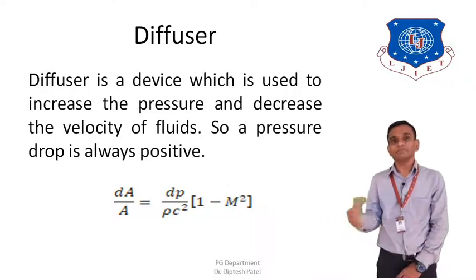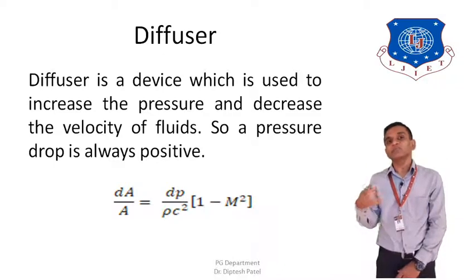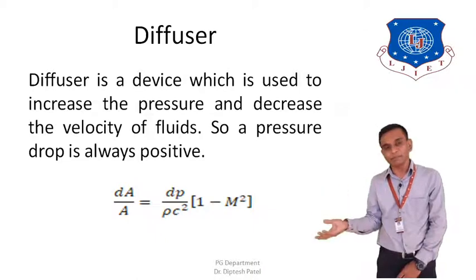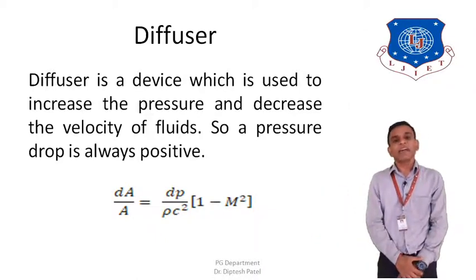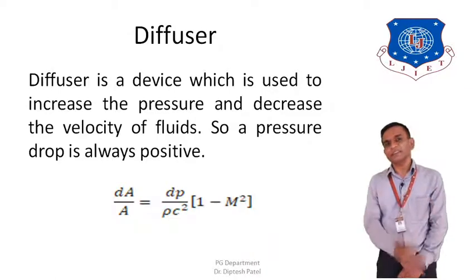For example, in a jet engine, even a ram jet engine or pulse jet engine, a diffuser is used to increase the pressure of incoming air which is entering the compressor, and that helps us compress the air before it enters the compressor and then the combustion chamber. So that ultimately increases the efficiency of the aircraft. So a diffuser has a wide range of working area and can be used in different applications.